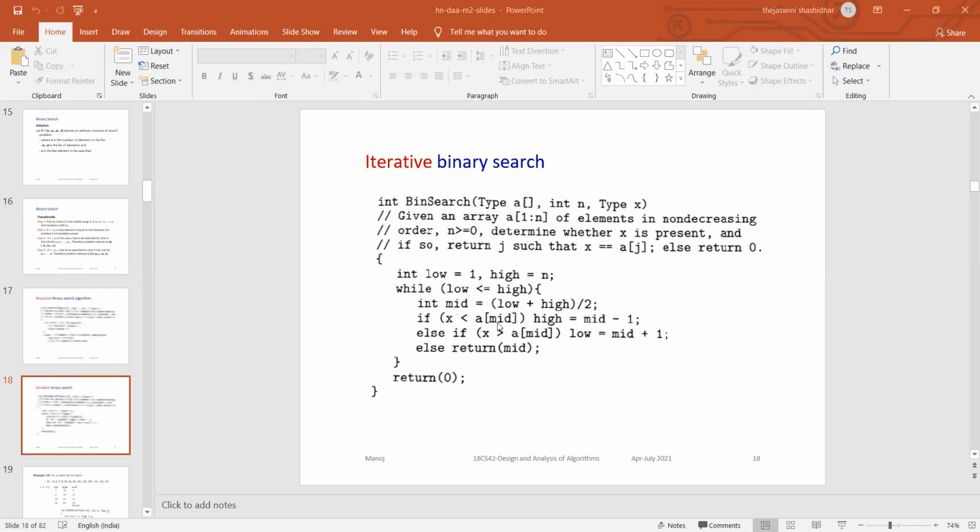Does it mean the left part or right part? If it is lesser, it is the left part.